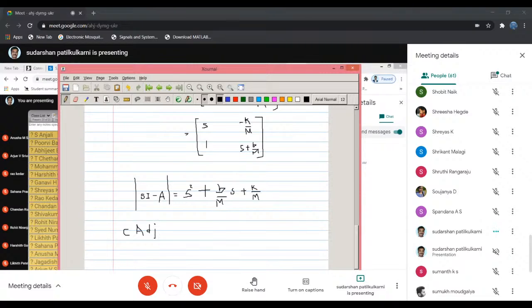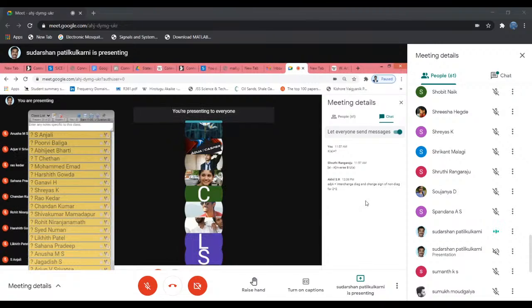So C adjoint of (SI minus A) into B. Interchange the diagonal and change sign of